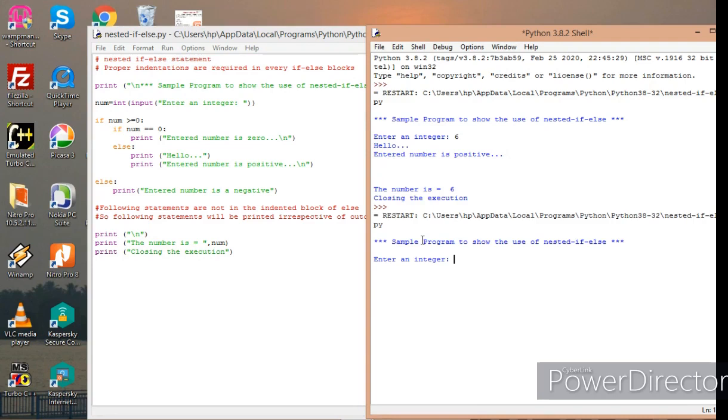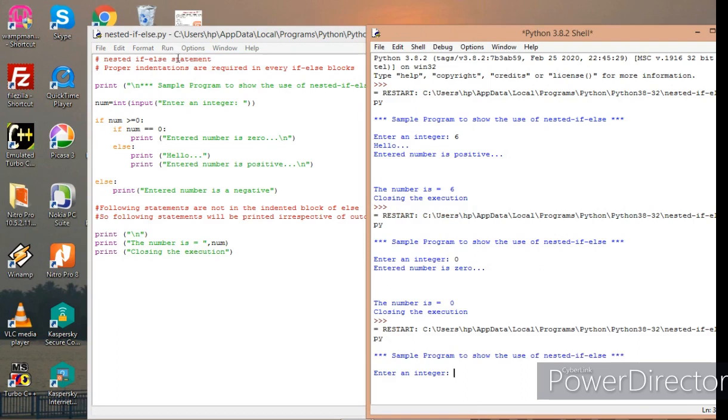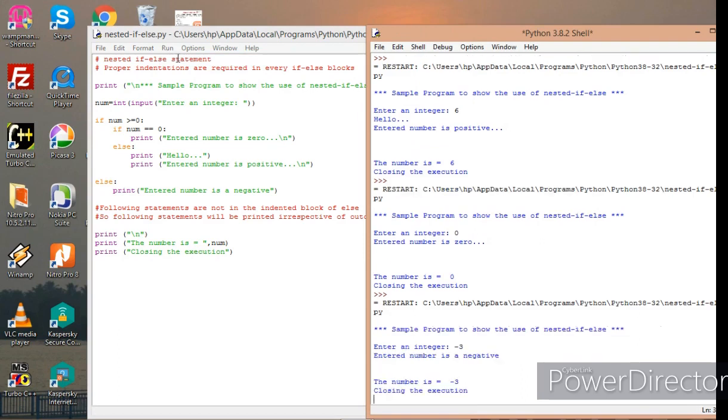Let me now give say 0. It's showing entered number is 0, so it came here, entered number is 0, and then these last two statements. Let me run the program again. Let me give some negative value here, -3.